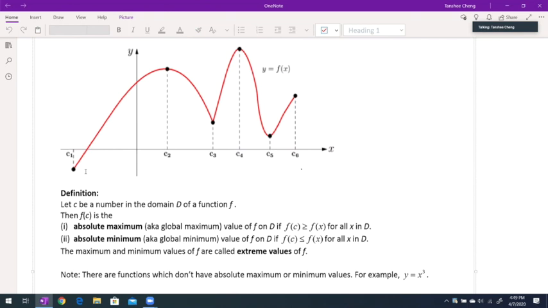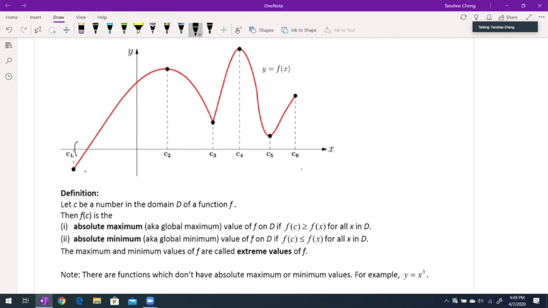Then the next thing is the difference: the local max and local minimum that we mentioned last time in the definitions. I want to emphasize this again. Local max and local min are talking about only the open interval. I want to highlight that, okay? Because the local max and local min cannot happen at the endpoint. So local max and local minimum happen on the open interval such that,